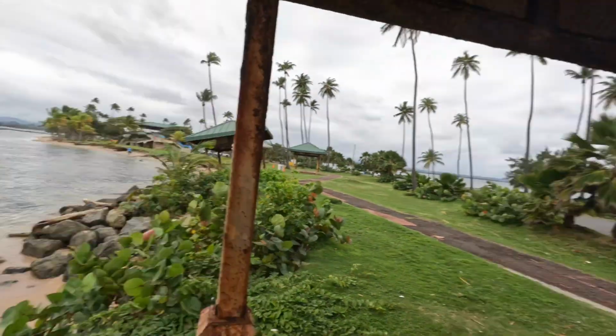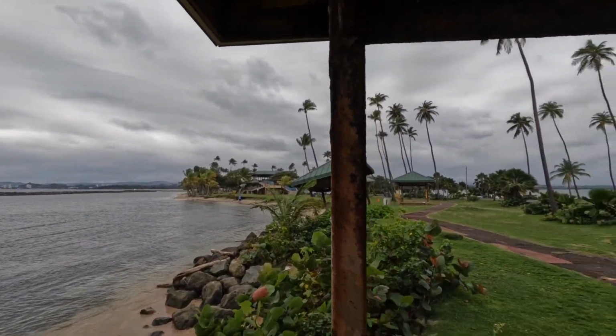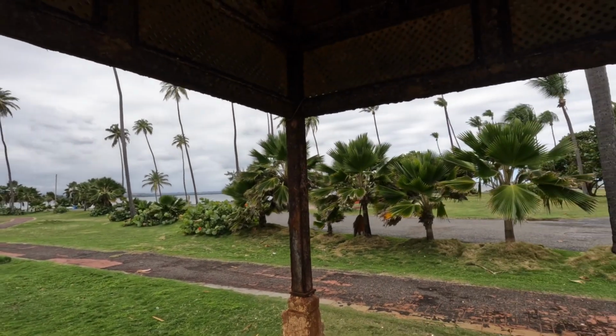Now, we came to Isla de Cabras. This is the first time that I'm here, and I tried to come here a couple years ago, but the gate was closed. I guess they closed at a certain time. So it's kind of like this peninsula area. It's really beautiful. They actually have a nice beach here, palm trees and gazebos everywhere on both sides, and then